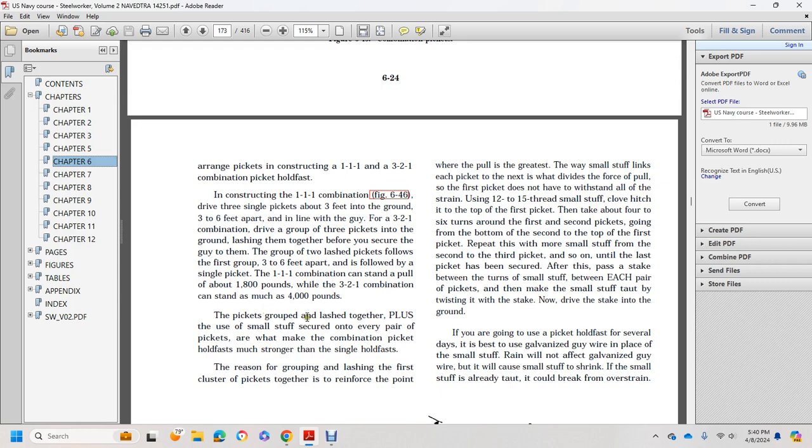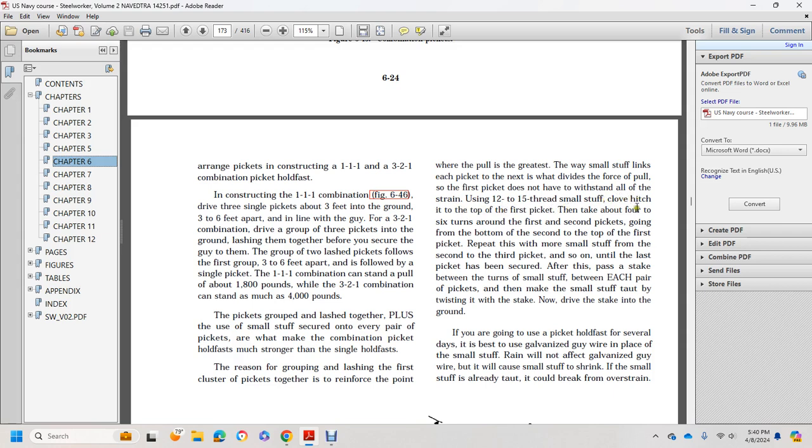4,000 pounds. Pickets in a group are lashed together, using small stuff on every part of the picket, making the combination picket hold fast stronger than a single hold fast. The reason for grouping and lashing is that the first cluster of pickets reinforces the point where the pull is the greatest. The small stuff links each picket to the next and helps the first picket withstand the strain, using 12 and 15 threaded small stuff, clove hitch